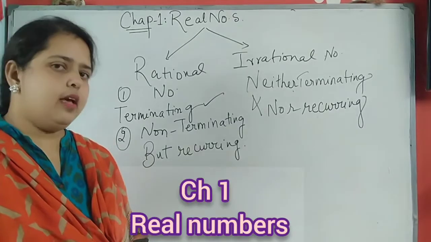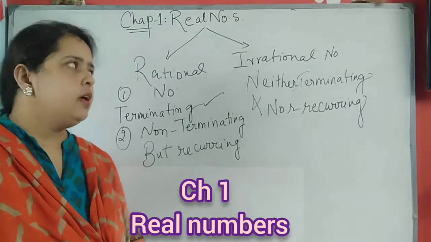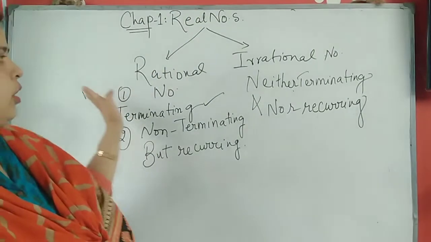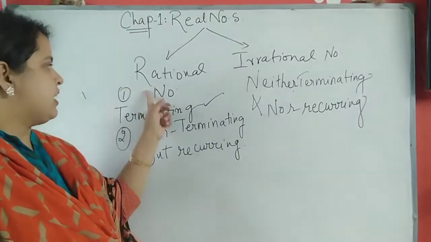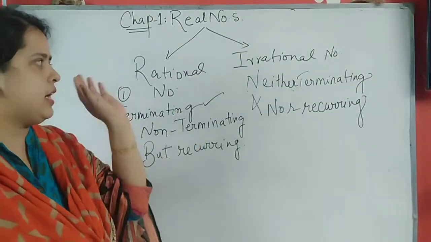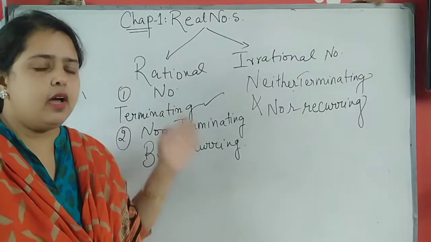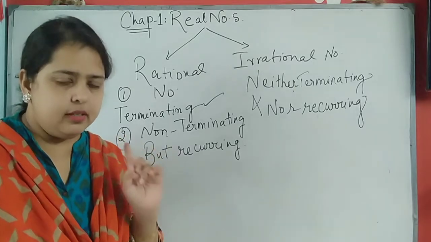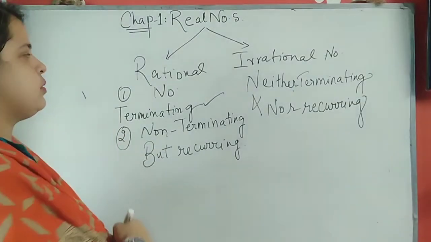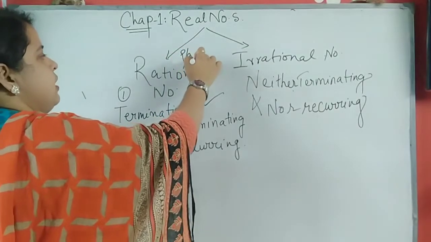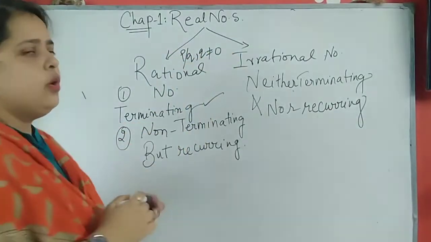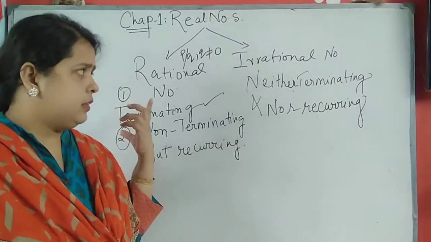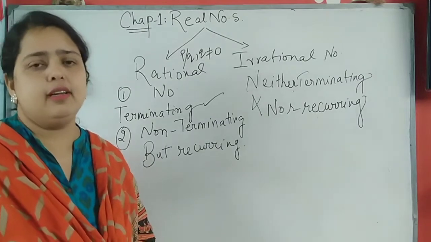So as I said, the next chapter I will be discussing with is your chapter 1, real numbers. Students, you have already gone through these topics of rational number and irrational number. What is a rational number? Any number of p by q form where the denominator q is not equal to 0 is known as a rational number. Okay, so we will be discussing a little bit again the decimal expansion of rational and irrational numbers,